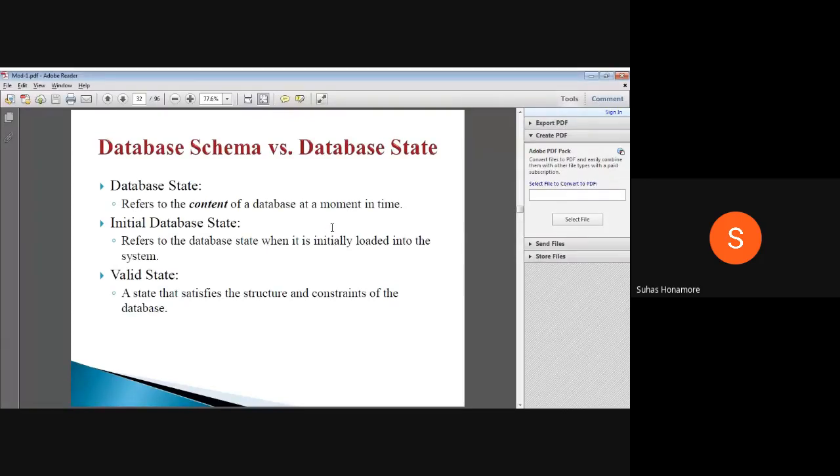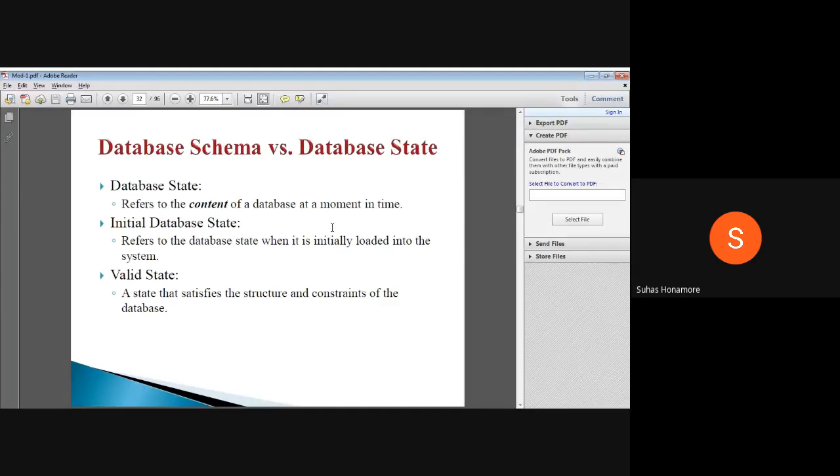Initially, suppose you consider everything is empty. In an Excel sheet I have some information, and I want to copy and paste it directly into my database. Suppose for each table, whatever columns are there, I maintained the same in the Excel sheet, and I am copy pasting directly from the Excel sheet. So whatever you loaded at the start from the Excel sheet into your database, that is nothing but the initial state.